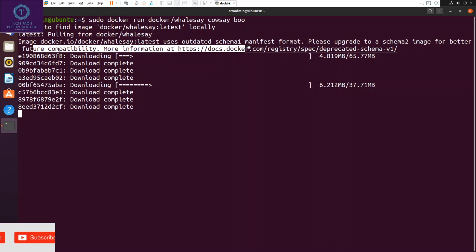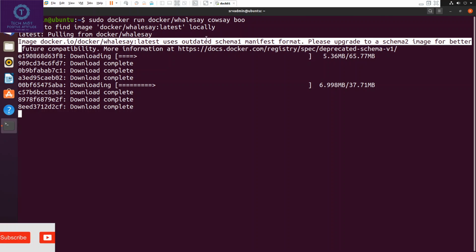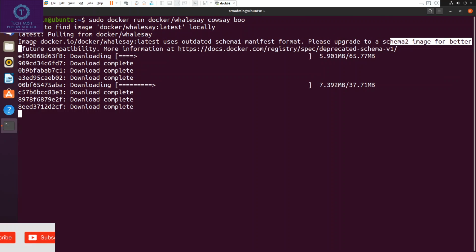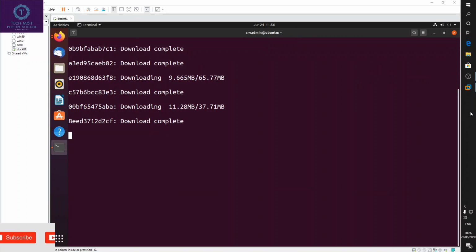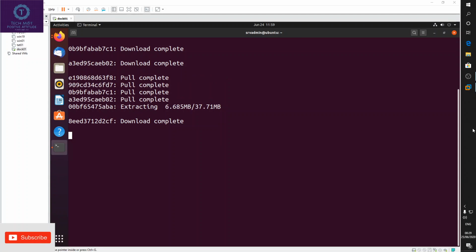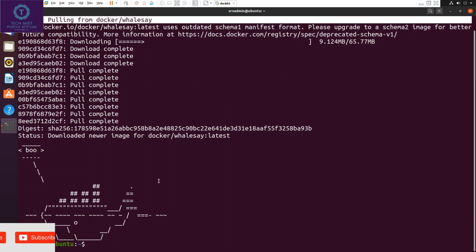That is, it will go to the Docker Hub first. As you can see, it's pulling the image hello-world. Then it will download the required files. As you can see, the image has been run.